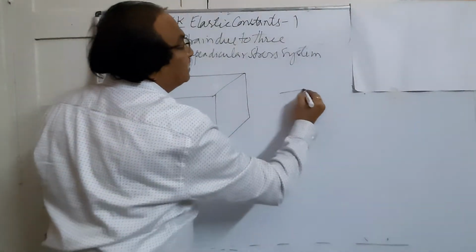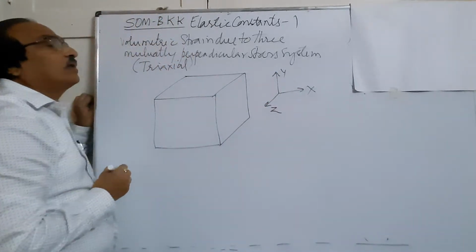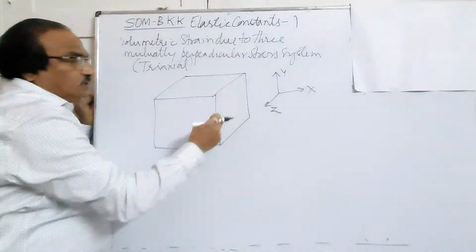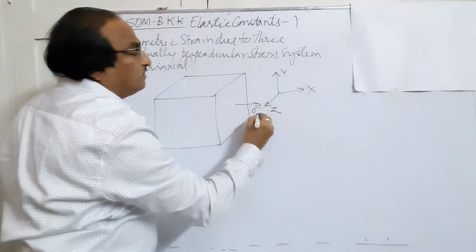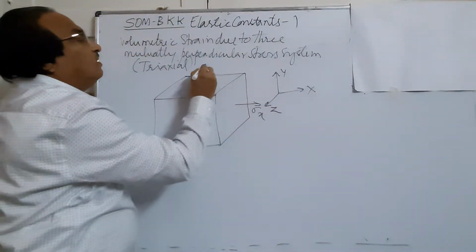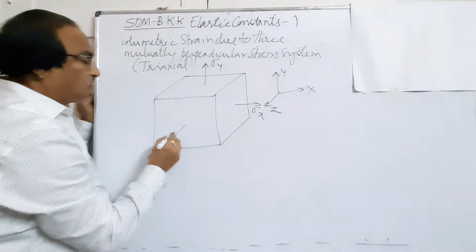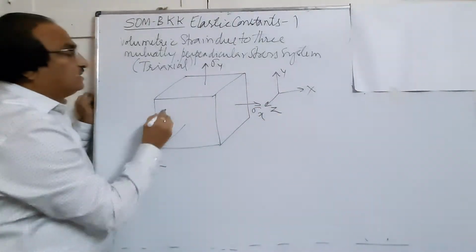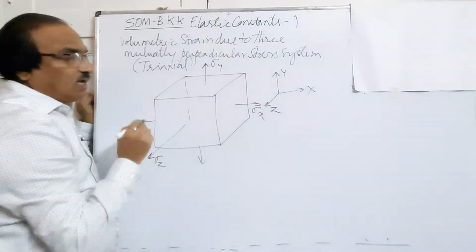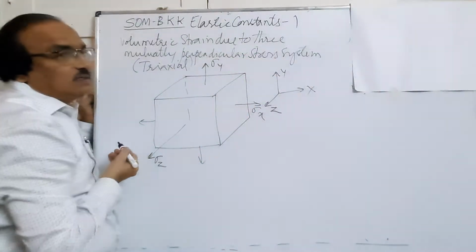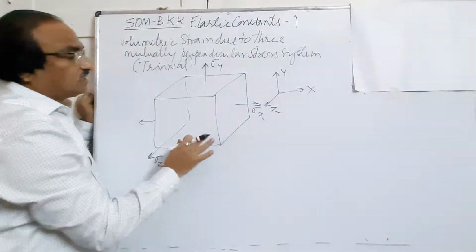So here if I take a member and take the directions, this direction is x, this is y and this direction is the z direction. Suppose it is subjected to stresses sigma x in the x direction, sigma y in the y direction and sigma z in the z direction. These are perpendicular to each other. If one side has stress, there will be stress on the other side also. If this is sigma y, there will be sigma y on the opposite side. If this is sigma z, behind there will be sigma z. I have shown only sigma x, sigma y and sigma z, the stress system acting on the body.